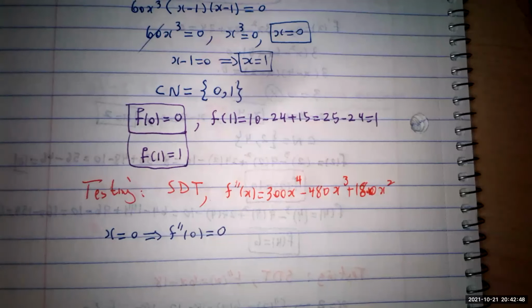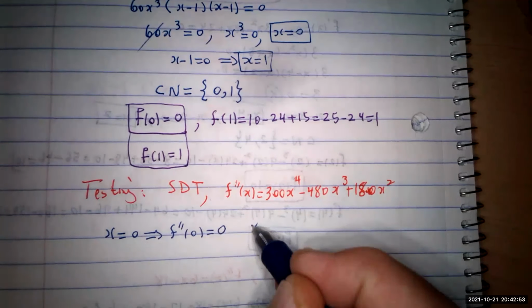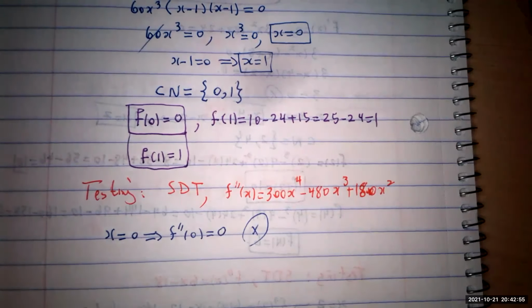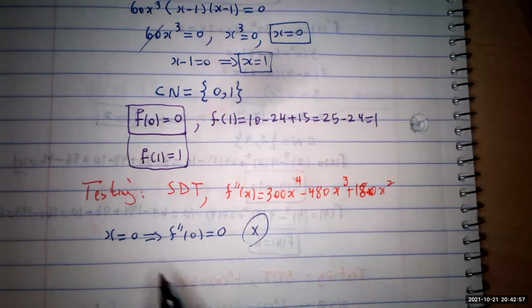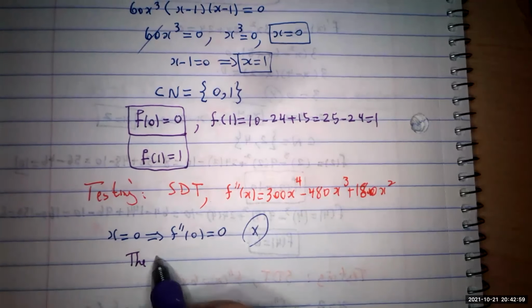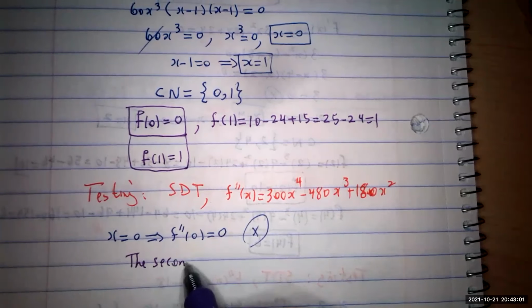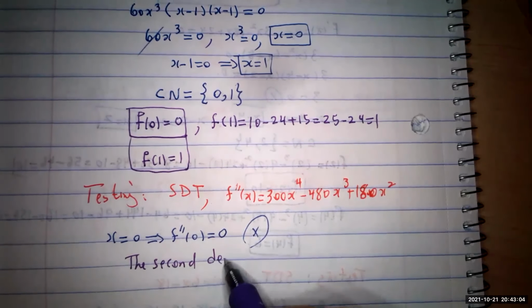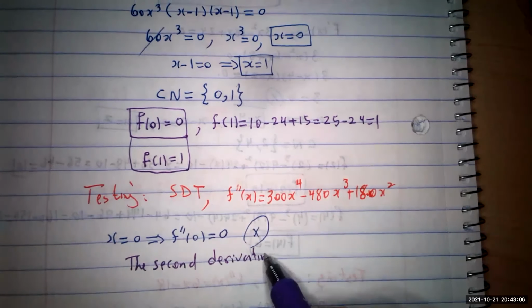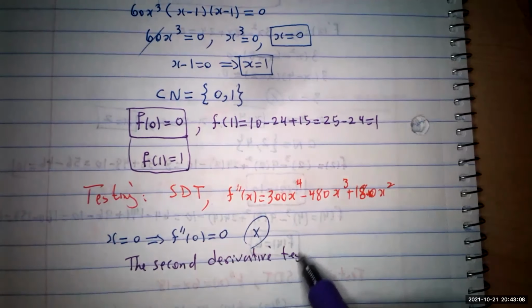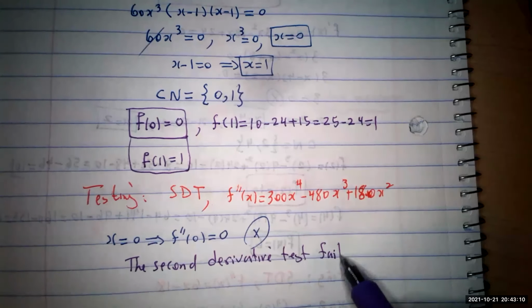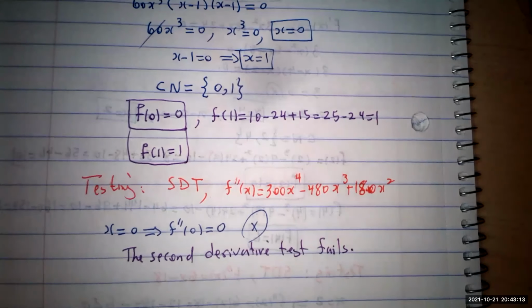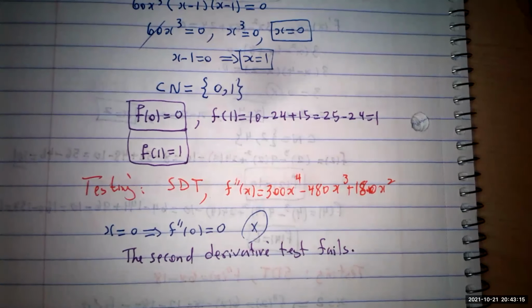to continue. Okay, so as soon as we get the 0 here, we said we cannot use the second derivative test. The second derivative test fails. Okay, so you're not done. So this is a wrong test. So what you can do, if you want to continue,